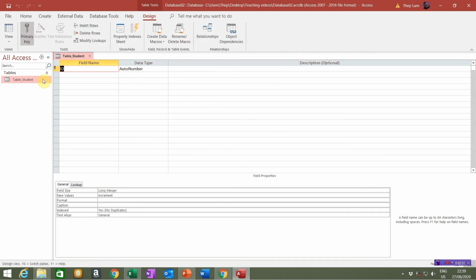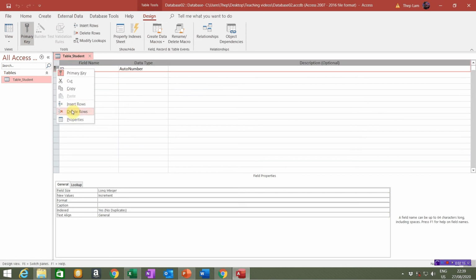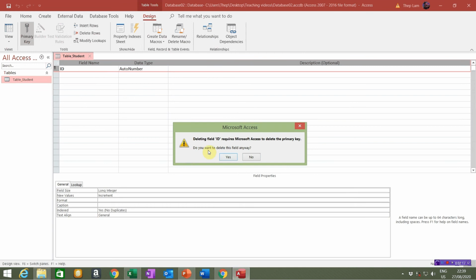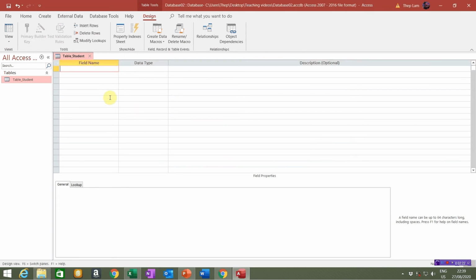And you see this one, we see an ID field. For that field, they say auto number here, but I'm going to delete this one. So I would delete it. They ask, do you want to delete this field? Anyway, yes. Because in the next video, I'm going to show you how to set up the primary keys in here. So just forget it. Don't worry about it. So I would say this is student ID,